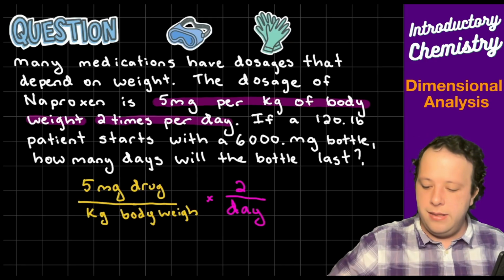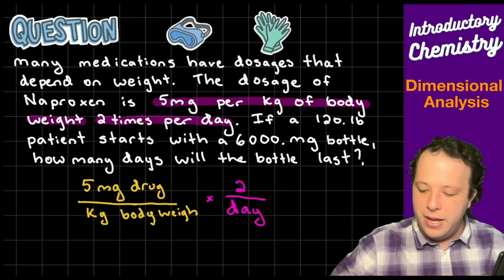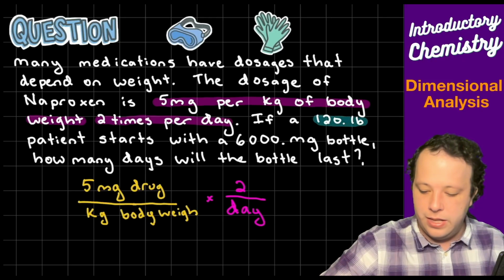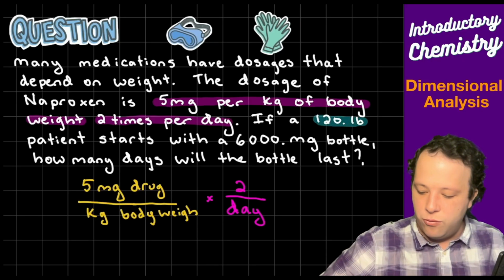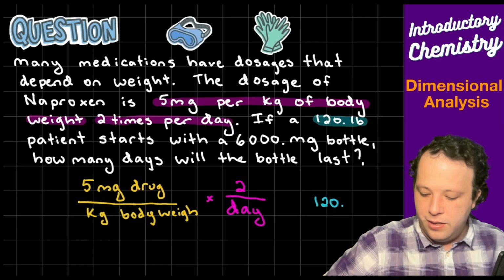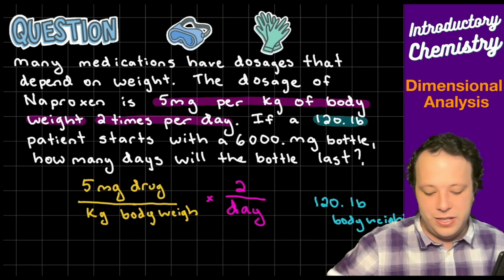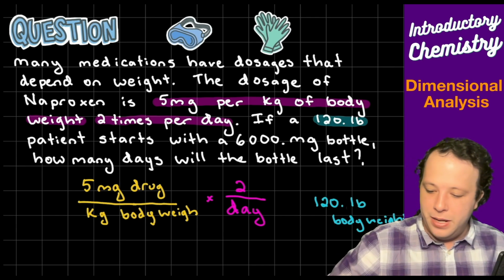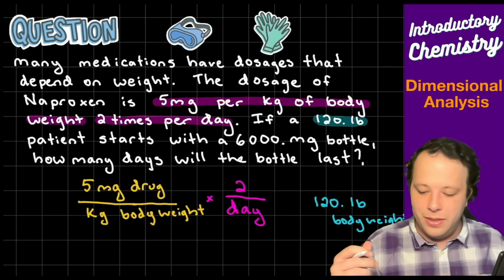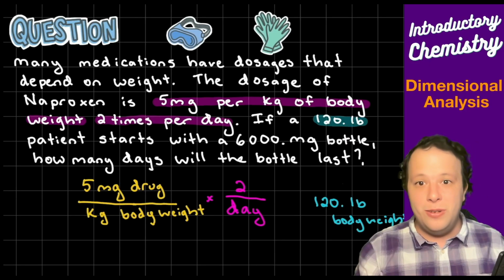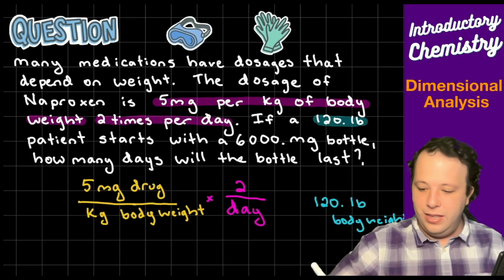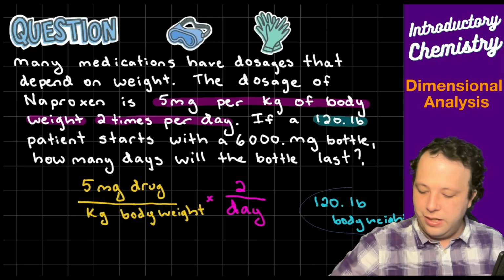Now it says that if a 120-pound patient, okay, that's another big piece of information. So 120 pounds, let's write that down. 120 pounds, and that's for body weight. So there's a conversion term that will cancel eventually. Body weight and body weight will cancel, but we need to get them in the same units. That's crucial. Let me move that over just a little because it's getting cut off.